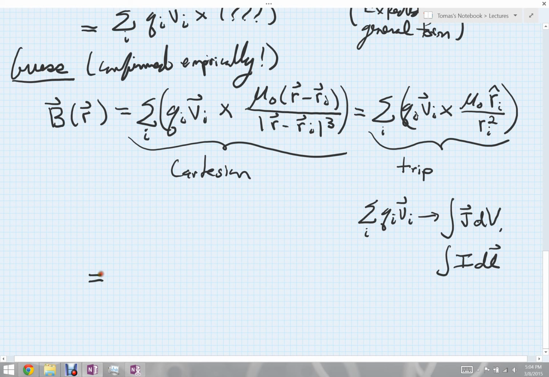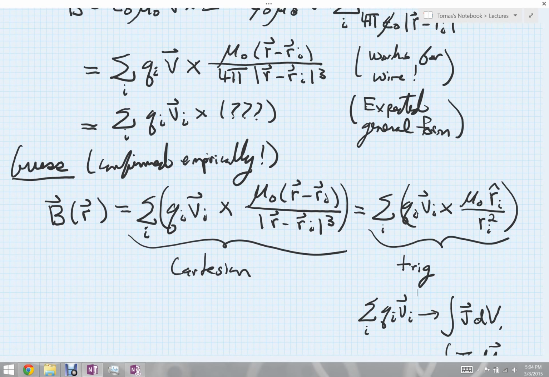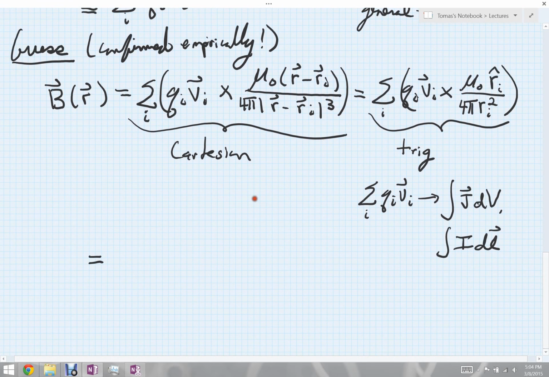You can take either Cartesian form or trig form, either form that you might want to use, and you can convert them either into volume form or wire form. So for instance, I might want to take the wire form. Oh, we should be careful. We went a little bit too quickly. Notice when I copied down my form for the magnetic field, when I carried out mu and the trig form, I neglected the factor of 4 pi in the denominator. So there's a 4 pi there, and there's of course a corresponding 4 pi here, so that then when I write my